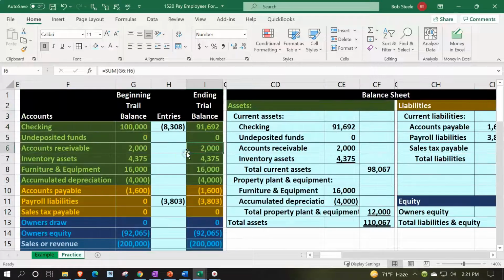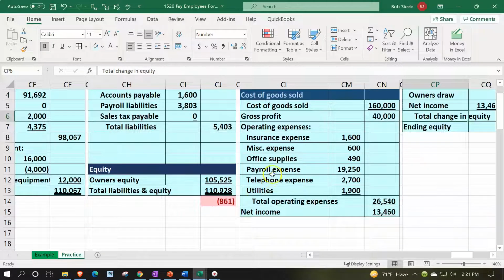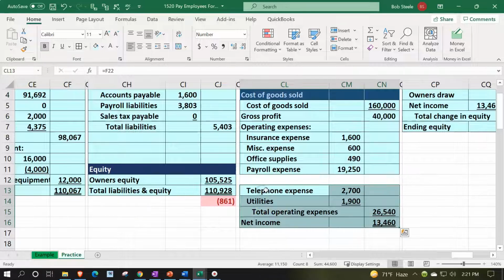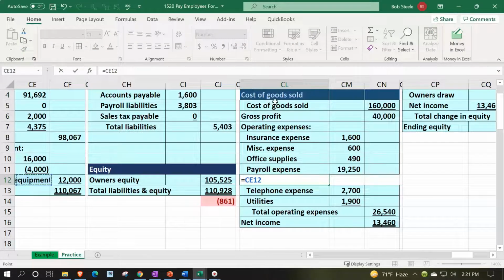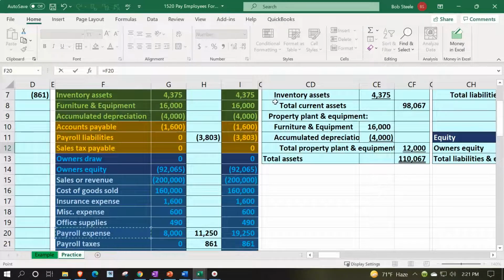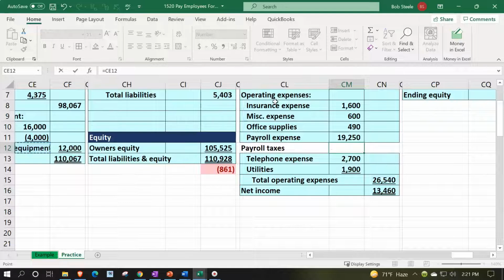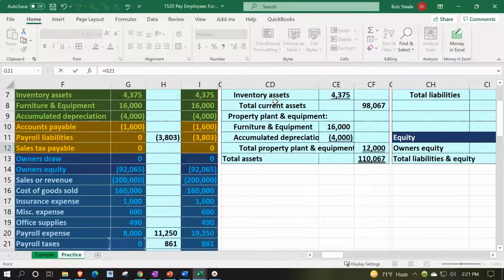Then on the income statement, we're going to have to add that one account. I thought we were going to have to add a few, so this isn't too bad. It's got to go under the payroll expenses. So I'm just going to select these cells, right click on it. It doesn't want to right click. The other way you could do it is I can just cut that stuff, Control X, and paste Control V right there. And then I'm just going to say this is going to be equal to the payroll taxes expense. And that is going to be the 861 that we're off by,